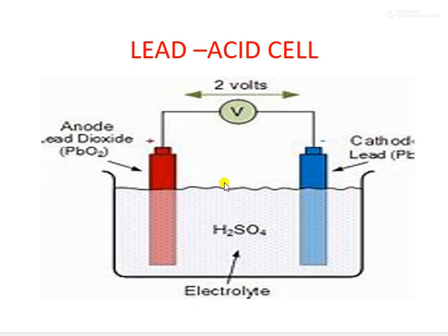Because of the chemical reaction between these, the electric charge is produced and they carry the current. These cells produce a large amount of current, so they are used in cars, trucks, motorcycles and in UPS. UPS, you know everyone, the full form is uninterrupted power supply. It is mostly used with computers. When the power is cut off, the computer remains on and gives a warning. So for that purpose UPS is used.